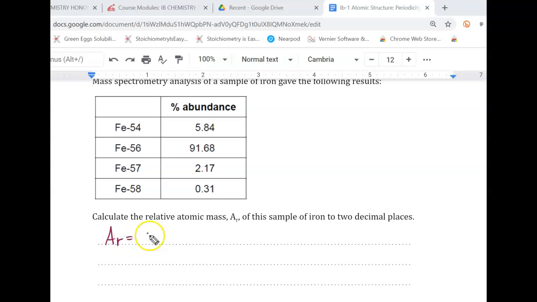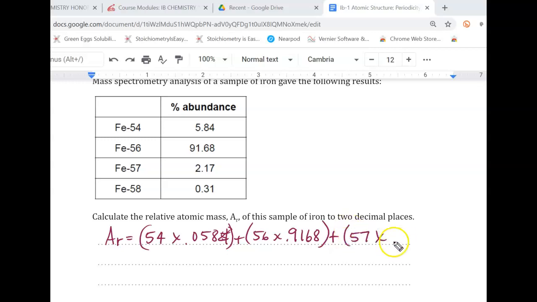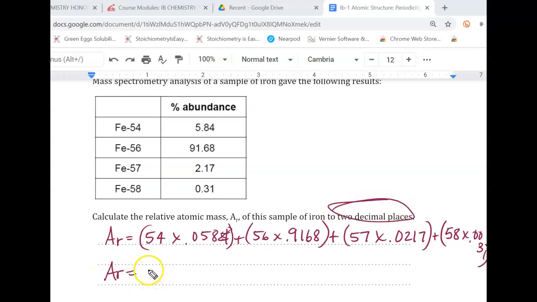We're going to take the mass, 54, times the percent, 0.0584, plus the mass, 56, times 0.9168, plus the mass, 57, times 0.0217, plus 58 times 0.0031. And if you do all of that, you should have rounded to 2 decimal places and gotten the answer as